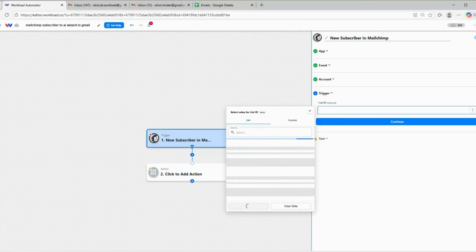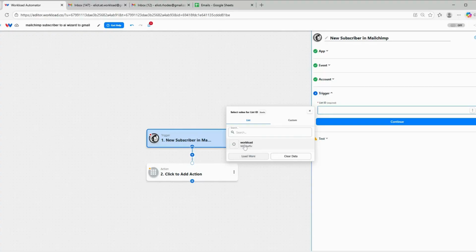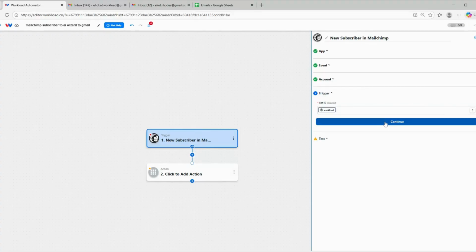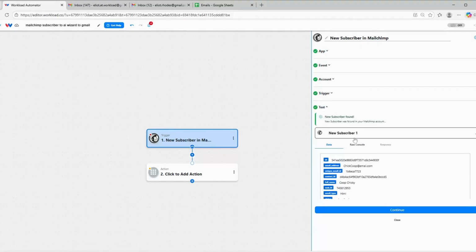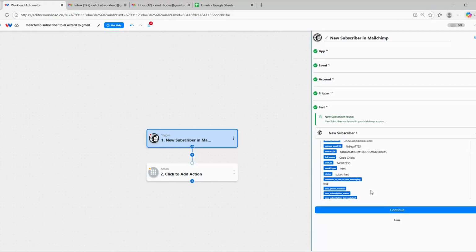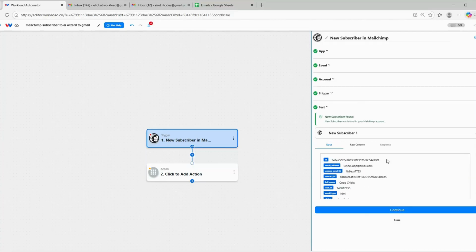The mailing list that we want this workflow to monitor is going to be my Workload list. So we'll test our trigger. We have a new subscriber, and we can use this information in order to build our workflow. So we're going to click continue,